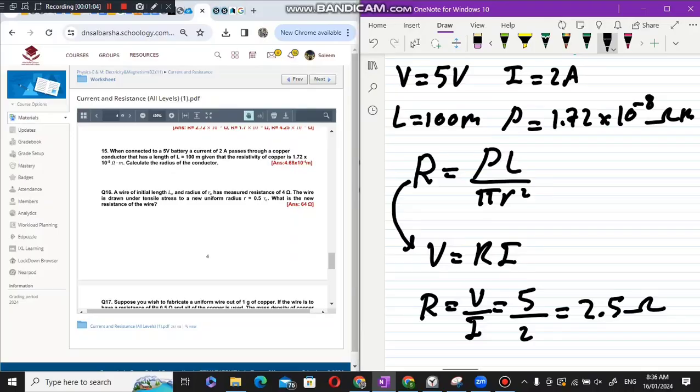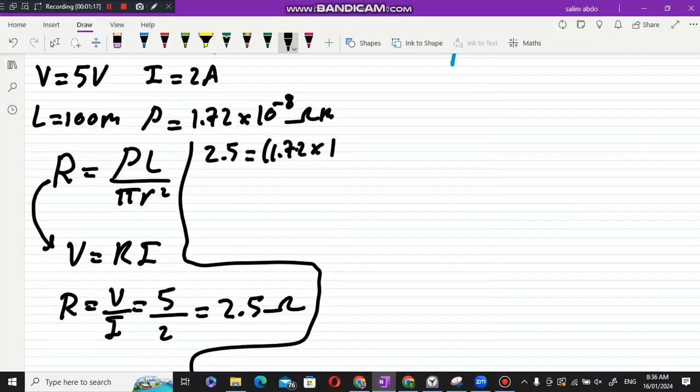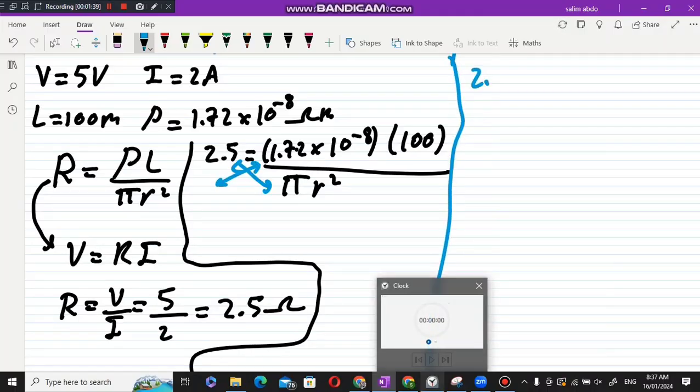Then we will say now, okay, we have the resistance. We just plug into this. We say that 2.5 is equal to resistivity, which is 1.72 times 10 power minus 8, multiplied by the length, which is given as 100 meters, divided by pi times r squared. So we only have one unknown, which is r squared. So we do the following. We do cross multiplication as usual. So we will get the following. We will get that 2.5 times pi times r squared is equal to